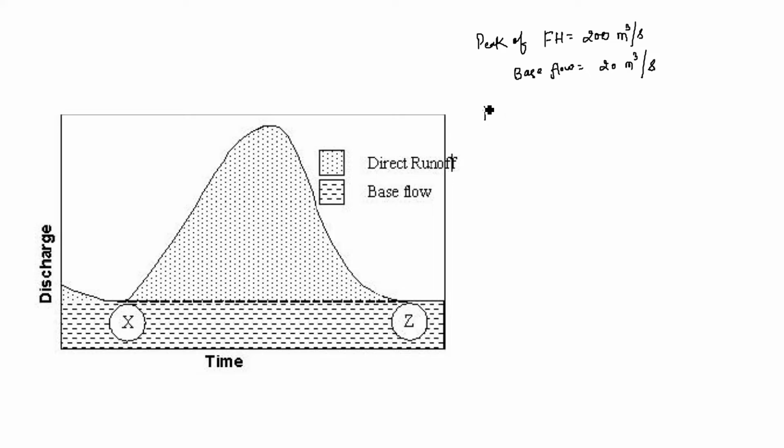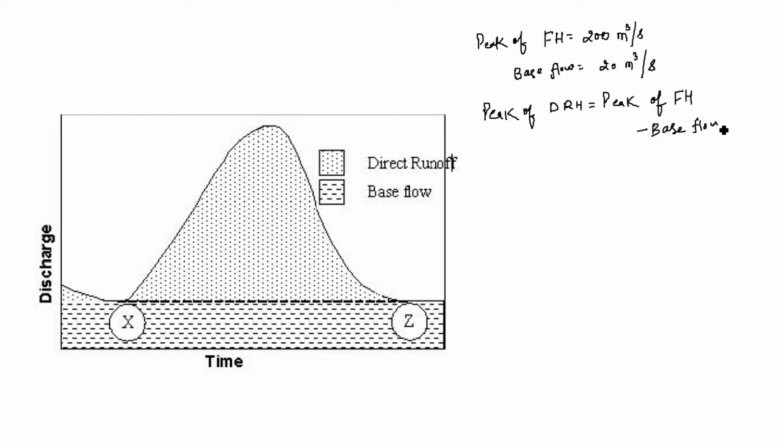So can we find the peak of direct runoff hydrograph? How? By the peak of FH minus base flow,